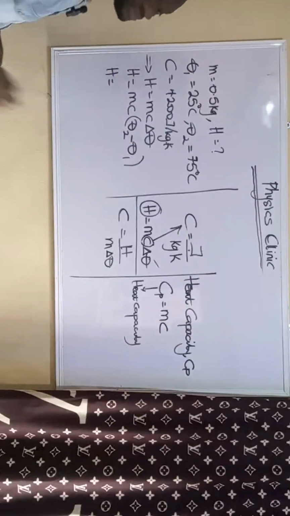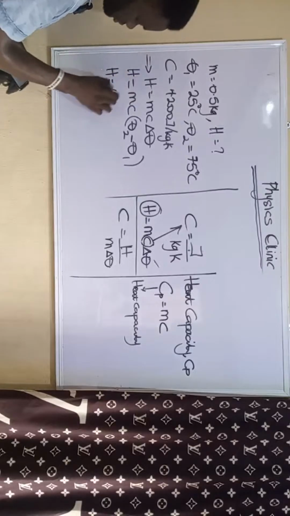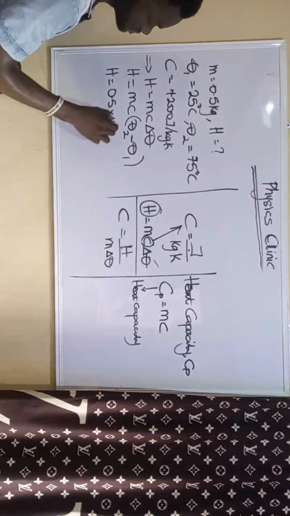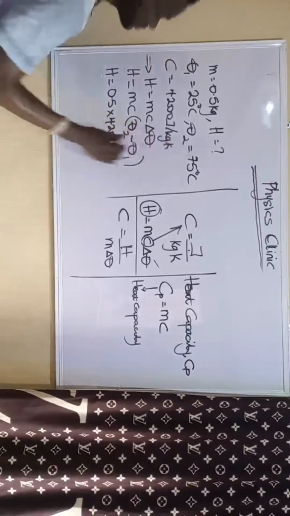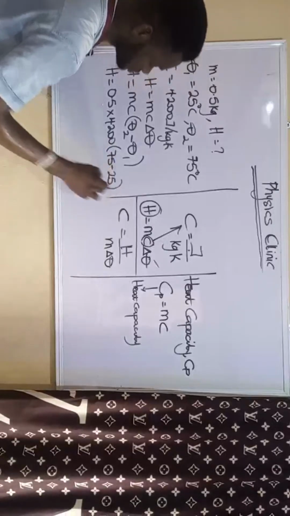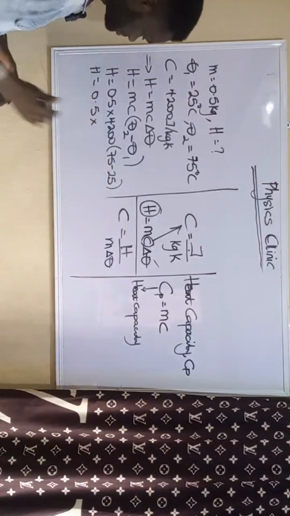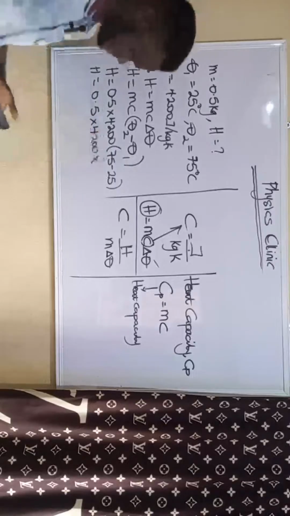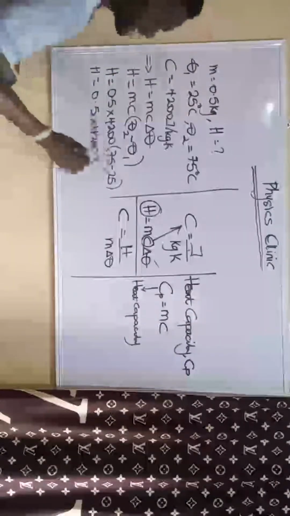The unknown heat that was supplied is the mass, which is 0.5, times 4,200, then into bracket the final temperature 75 minus the initial temperature 25, so 0.5 times 4,200 times 75 minus 25. 75 minus 25 will give